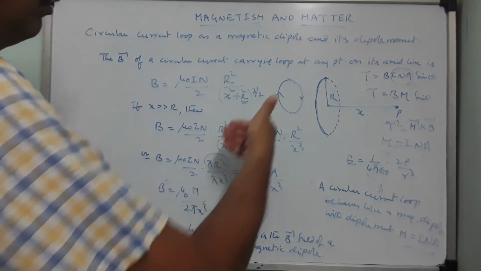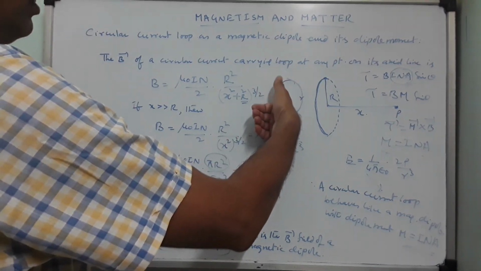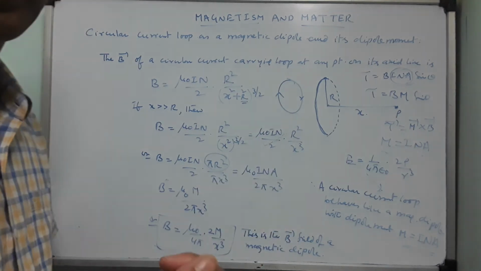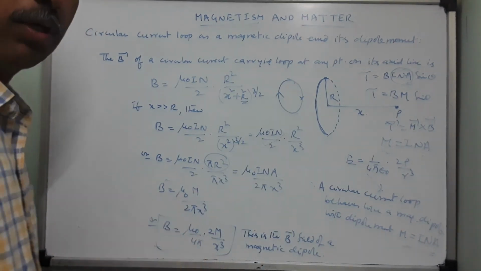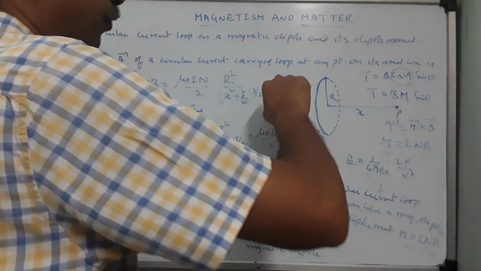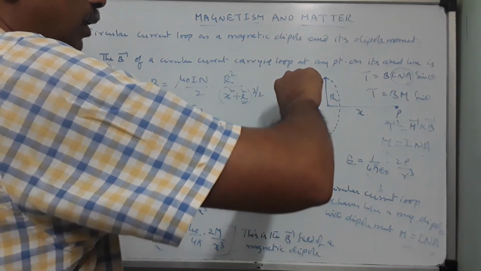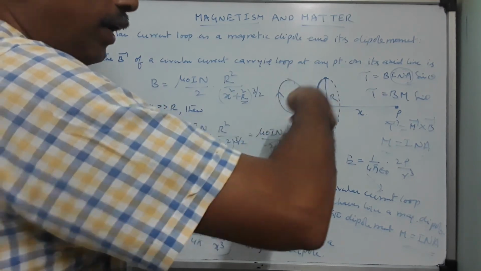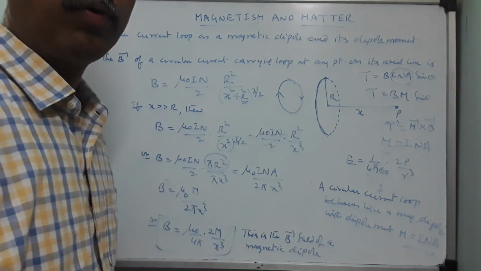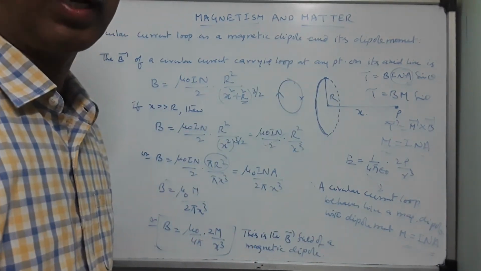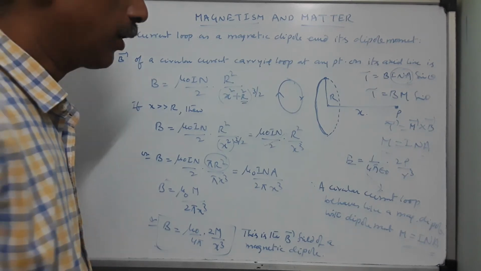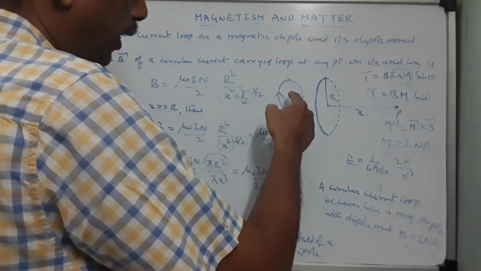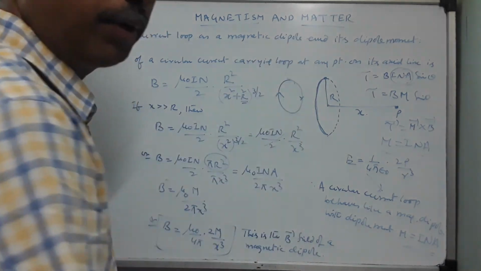Apply the right hand thumb rule. This is the right hand thumb rule. So current is going here like this. Or apply the right hand screw rule, it will be easy. The screw rule is very easy to identify. If you rotate a screw on its head in the clockwise direction, and the rotation shows the direction of current, the advancement of the screw will show the direction of the dipole moment or the direction of the area. Area can have two directions, children. For this, the area will have a direction normal into the plane of the board.